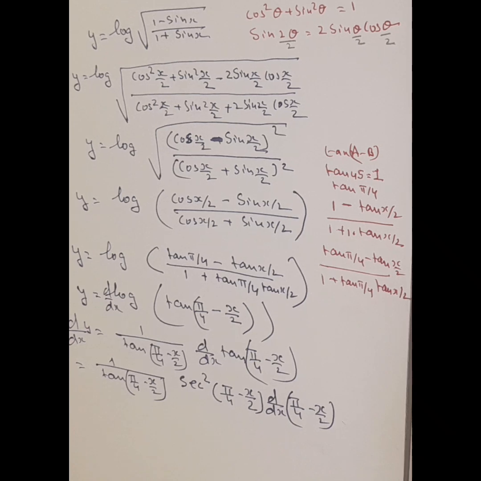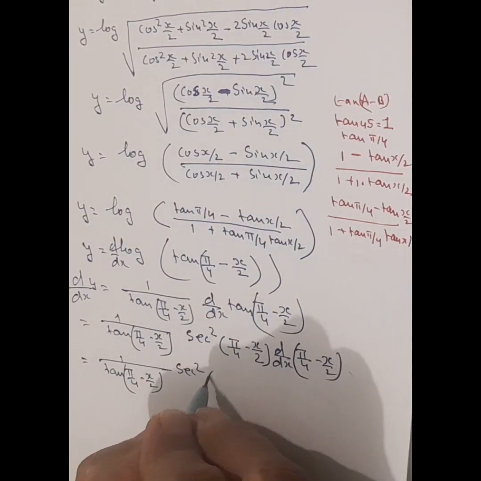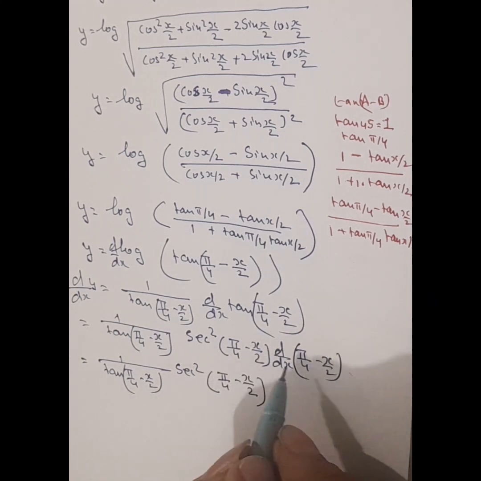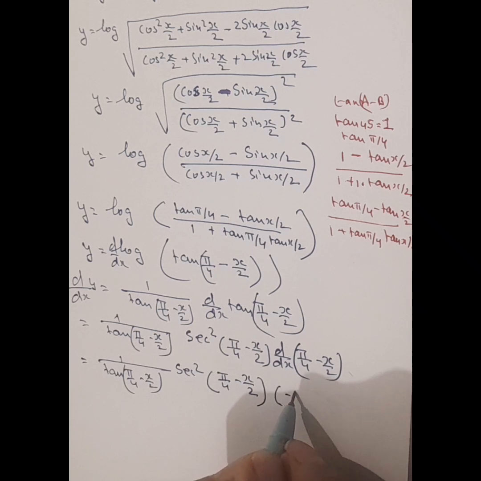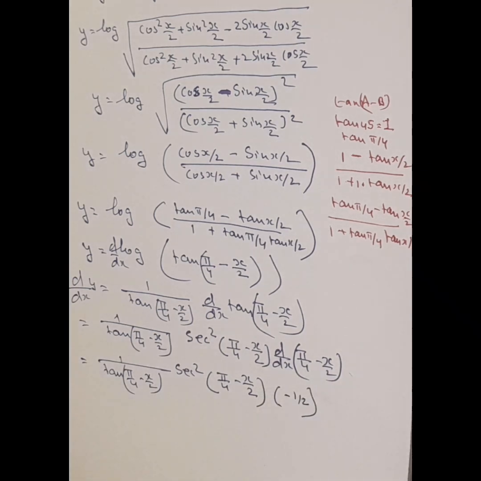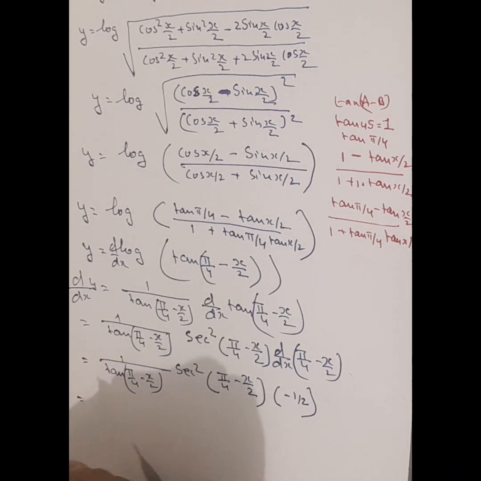So now it would be... and we know d by dx of pi by 4 is 0 as it's constant. And this is minus half into x, so it would be minus half into d by dx of x. So what we end up with is minus half. Right, this minus half, I take it this side, so this becomes